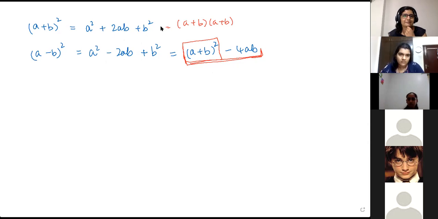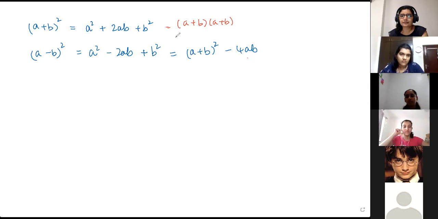Yeah, we have to subtract 2ab. Absolutely. Your intent was right. Just use the right words, otherwise mistakes can happen in the exam. I'll write it on the right hand side, and keep the left side for identities.